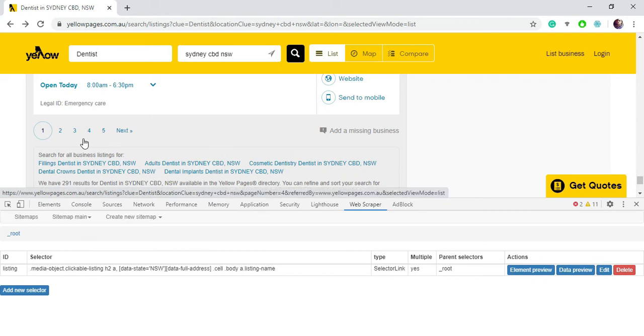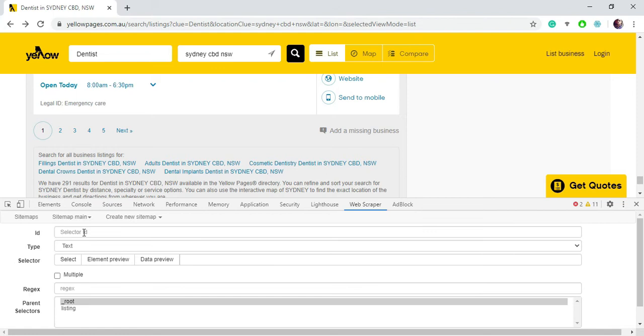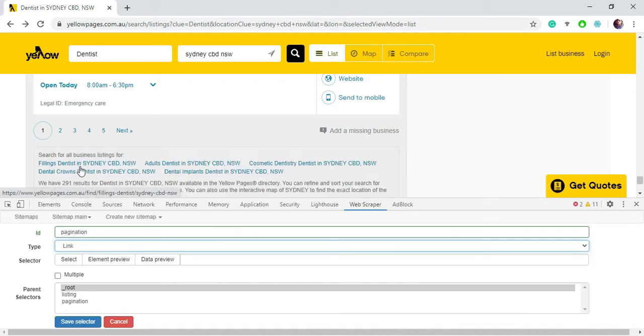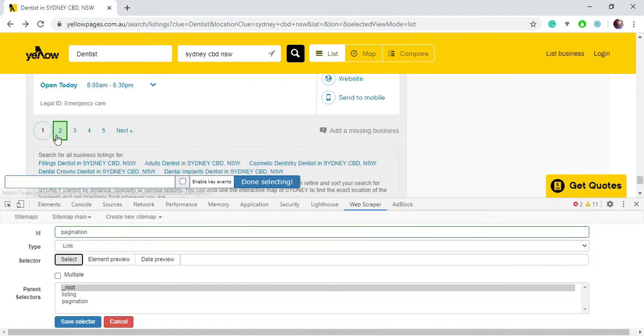To do this, click add new selector and name it pagination. Pagination is used to scrape multiple web pages at once. Select the link type and click this select option.